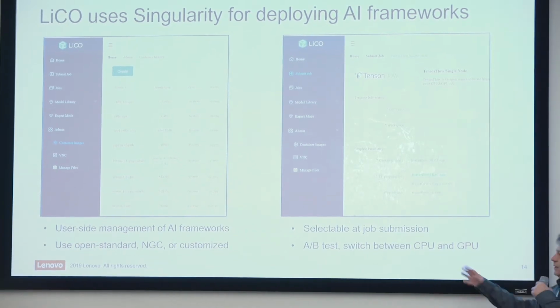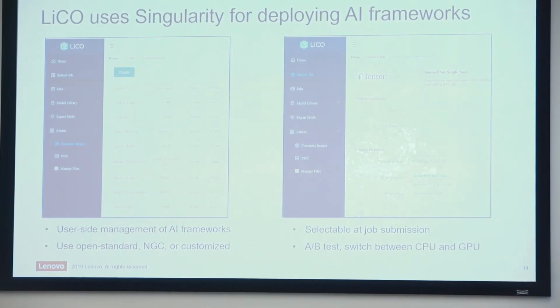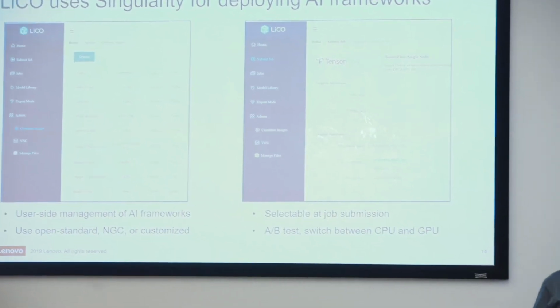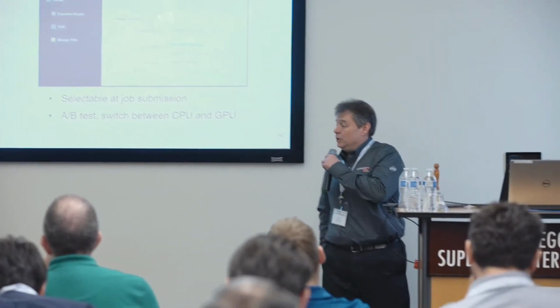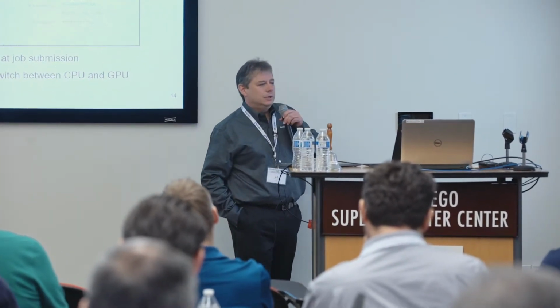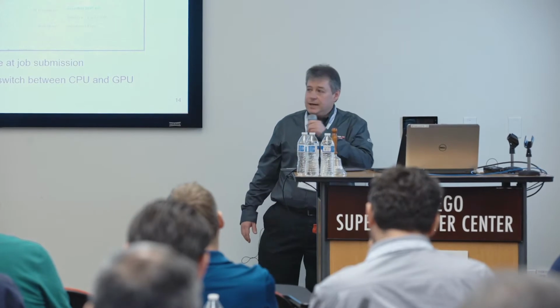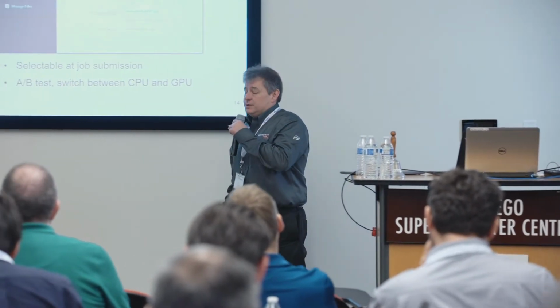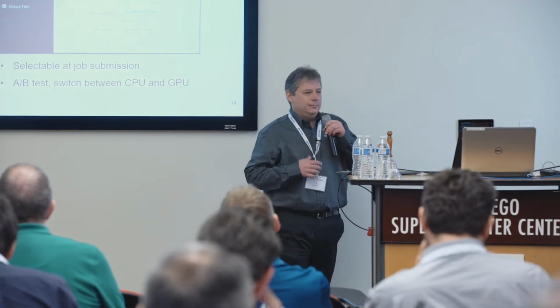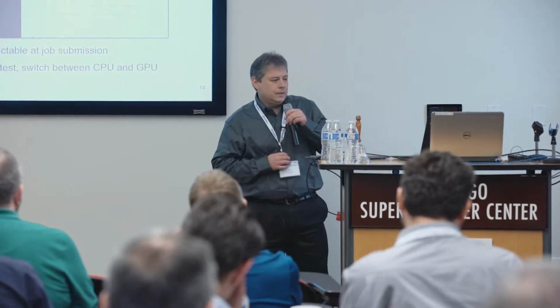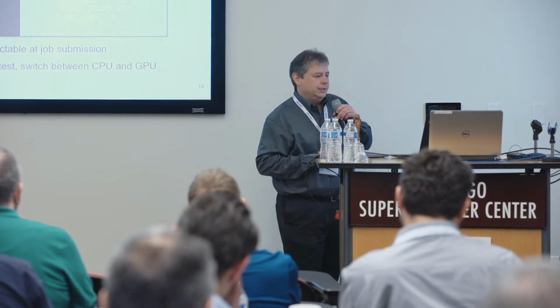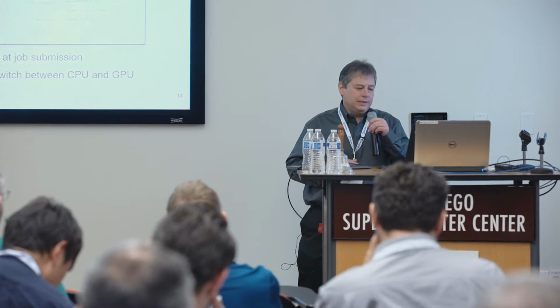When we were looking at expanding this GUI from HPC to AI, we needed a way to make the deployment of the AI framework simple. Instead of having people define these themselves, we needed a mechanism to pull these out of the communities and make it really easy for users to deploy them as part of a job template. And Singularity was the perfect fit for that. So we built functionality into LiCO to manage those containers and create them so they can be chosen in the corresponding templates.